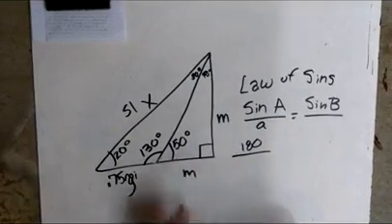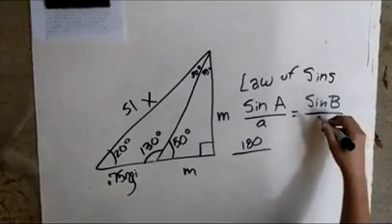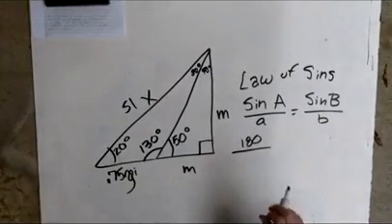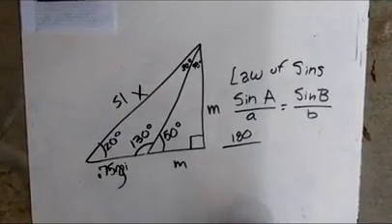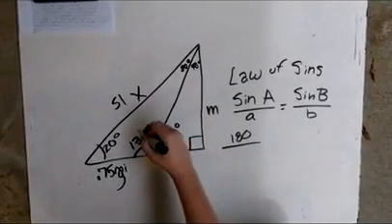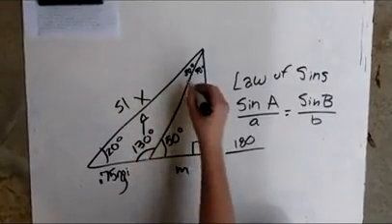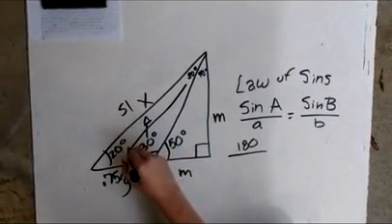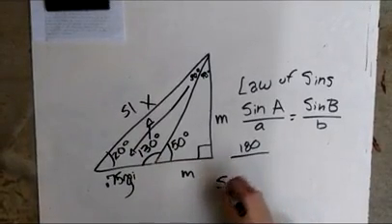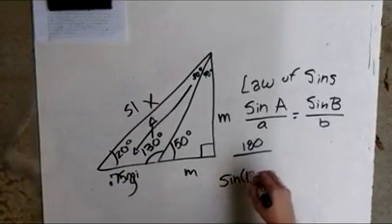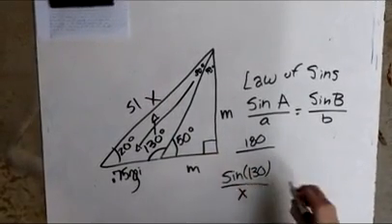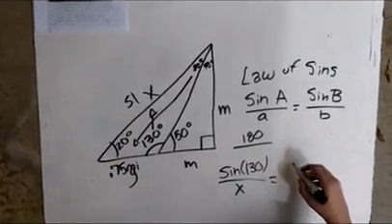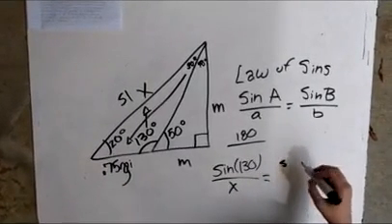So now I'm going to just plug that formula in using the information I have. So I'm going to mark down which angles I'm going to use and what their opposite line lengths are. So here I am writing that the sine of 130 over x, which is the line opposite to it, must be equal to the sine of 30 over 0.75, because 30 degrees is in the upper right, so the opposite length would be the 0.75 miles, and at the bottom, as our arrows show,